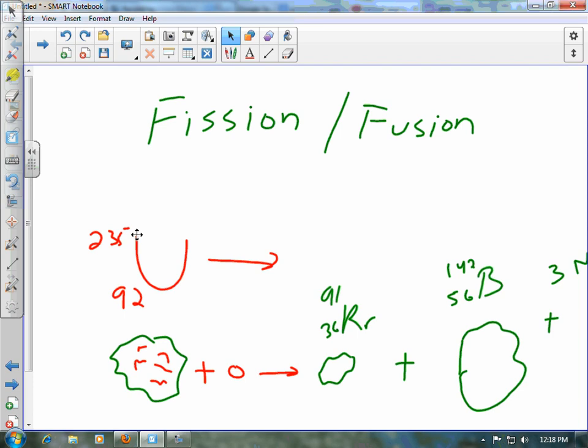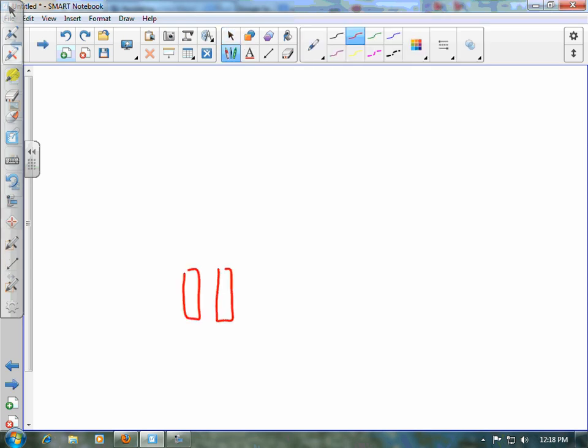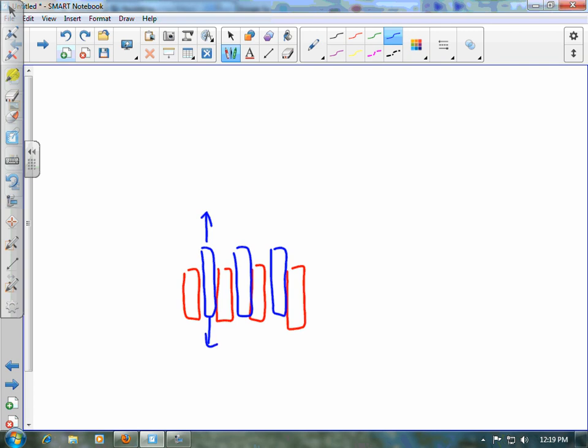But on the peaceful side of things, fission is used in all of the nuclear power plants that we have. And so what you have basically is these rods of uranium that are in close proximity. And then you have rods of what's called a moderator, which can be lead, it can be other materials. I think you can even use water as a moderator. And as you move the moderator up and down, you control how fast the reaction's occurring. And so instead of becoming critical, it just gets hot. And there's safe ways of doing this, especially now.